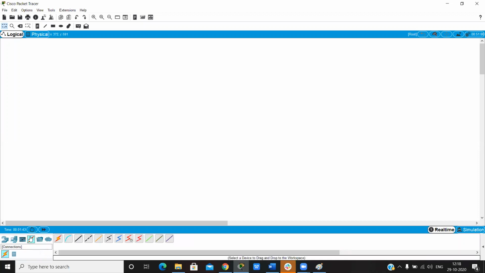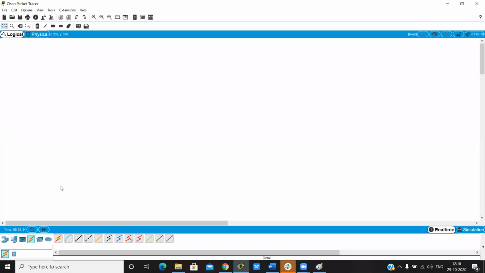In cable, here we have an automatic option that picks the cable automatically. Here we have console cable. This one is copper straight-through, this one is copper crossover, and this is serial cable. Here we have USB. This one is optical.